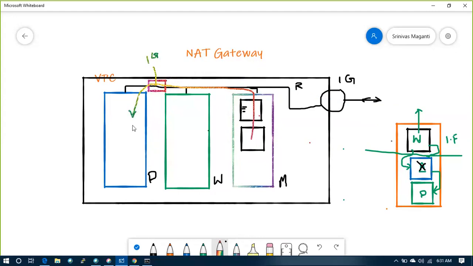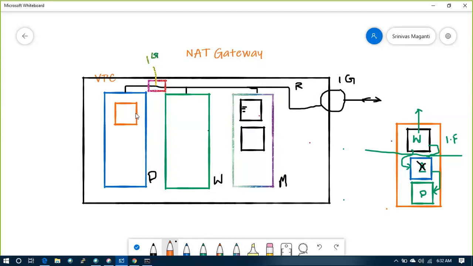This is internal, because a database server should not accept any data from the internet, but if someone wants to manage this database server, they should log in and do some stuff inside the DB server, right? So how will people log in and manage? Via the management subnet, they will log in and manage. So if you are trying to log in from the management subnet and manage, it should respond. Clear?